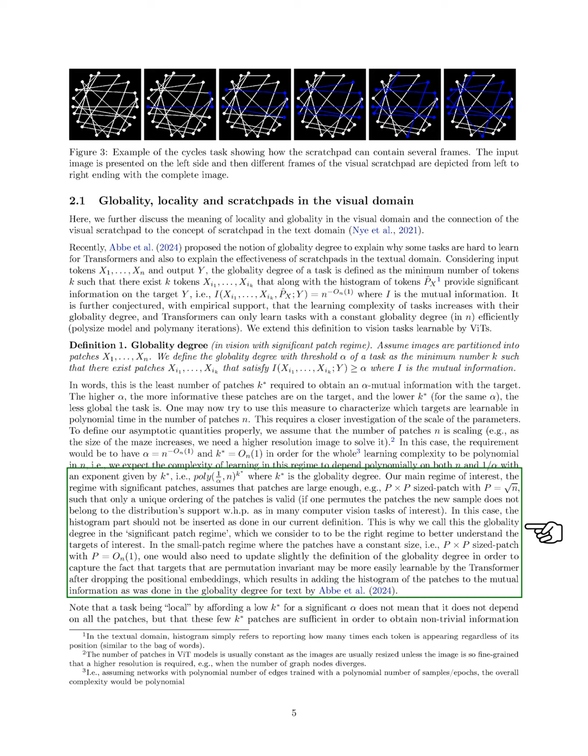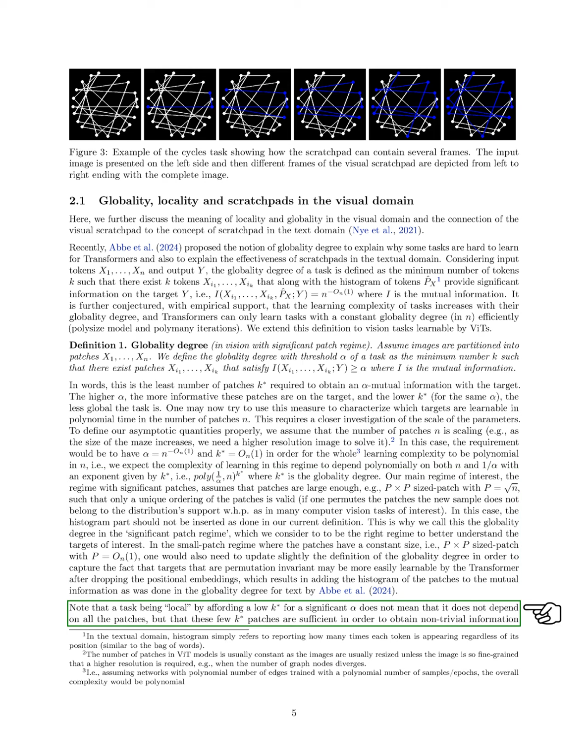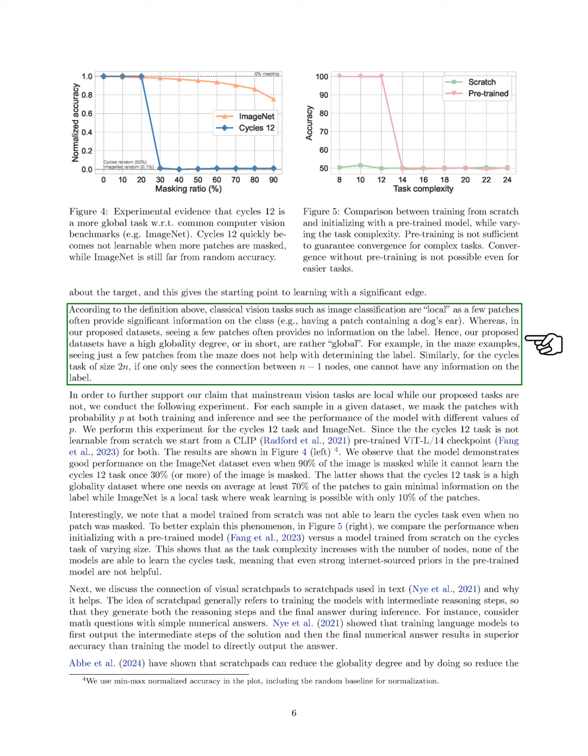In contrast, when patches are small and constant in size, we need to adjust our definition to account for tasks that are permutation invariant, which may be easier for transformers to learn. A task being local means that a small number of patches can provide significant information about the target, but it doesn't imply that the task doesn't rely on all patches. For example, traditional vision tasks like image classification are often local, as a few patches can reveal important information about the class. However, our proposed datasets tend to be more global, where seeing only a few patches does not help